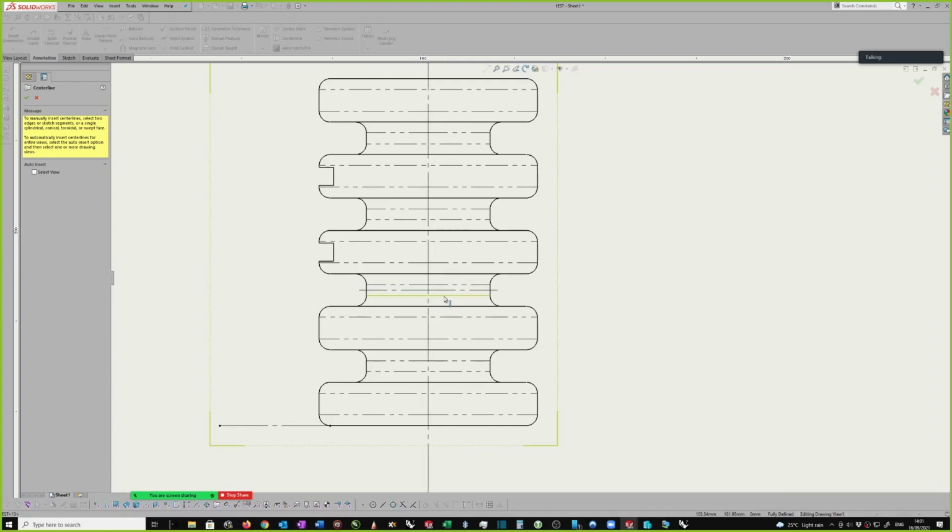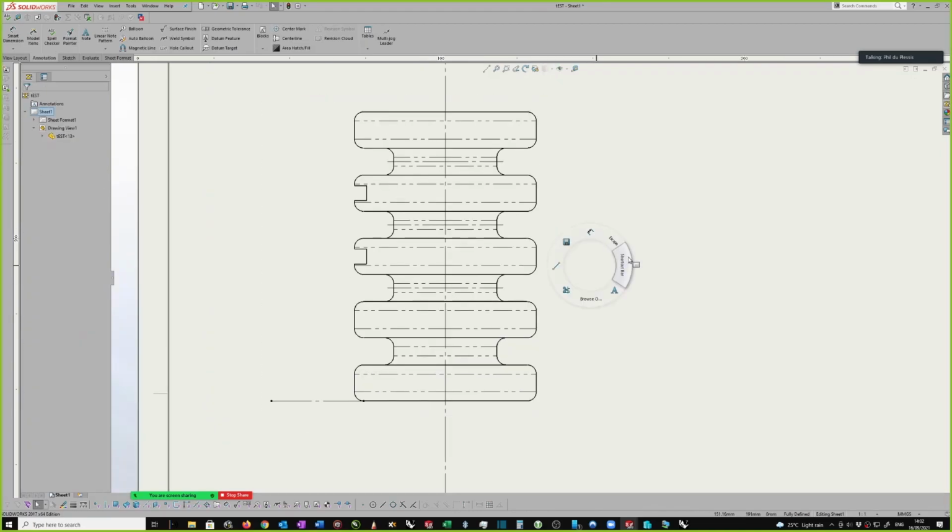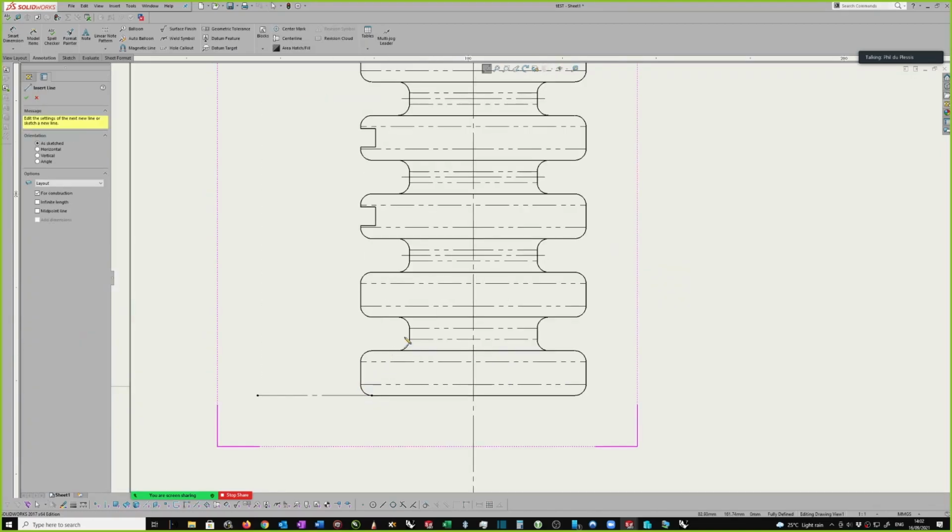So I'm going to go like this. Okay, it's only done two of them. Let's try that again. Center line. I didn't want to do this last one. I'm going to put that in by hand. Okay, so